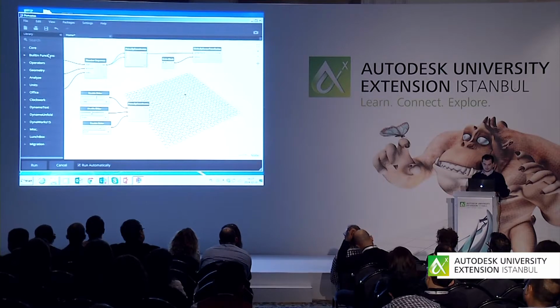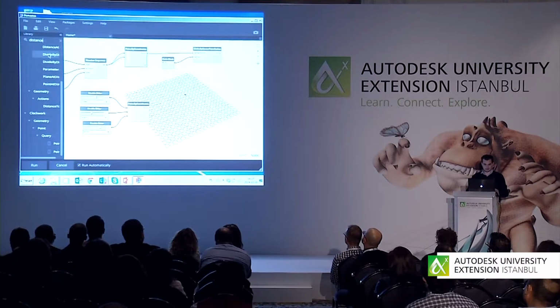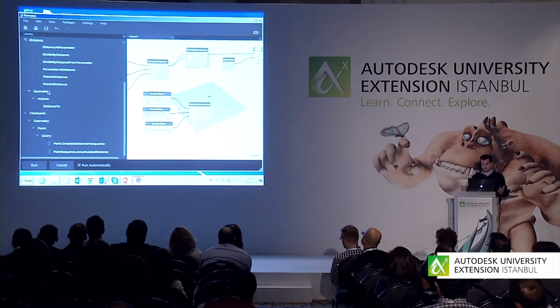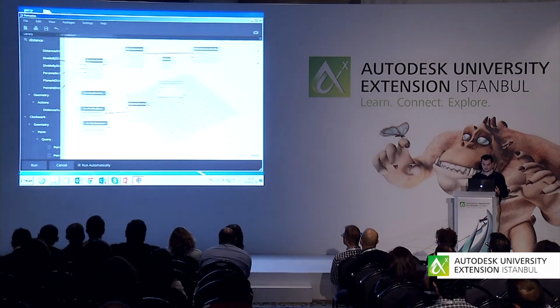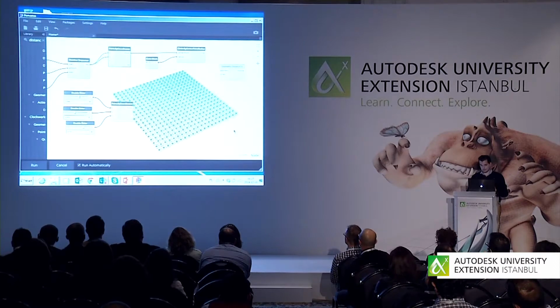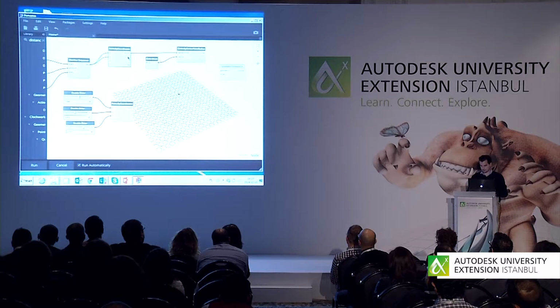If you search for distance, you can see that you have geometry, actions, distance. And I connect this set of points, which I just turned the preview off for,